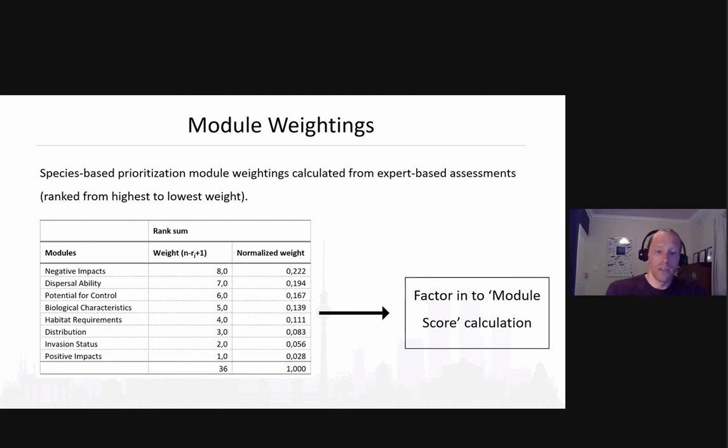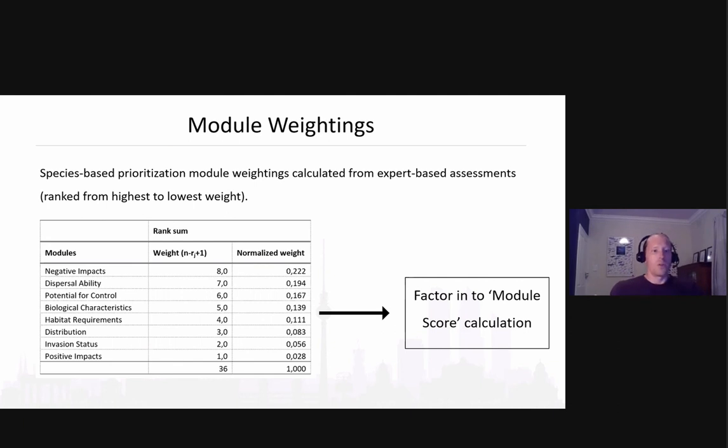We are going to integrate this into our final result as an initial way forward. But essentially what you would like to do is really get a broad group of stakeholders and host another workshop where you do establish pairwise comparisons of all these modules, and then you would integrate a more formalized weighting system into this. But nonetheless, the framework does allow for these modules to be weighted. So again, we just did this as a quick thing at the end of the survey and asked them to rank the modules in terms of their perceived importance, and then we just got a normalized weight from that, which you can then feed into the assessment, which would then just tweak those final prioritization scores.